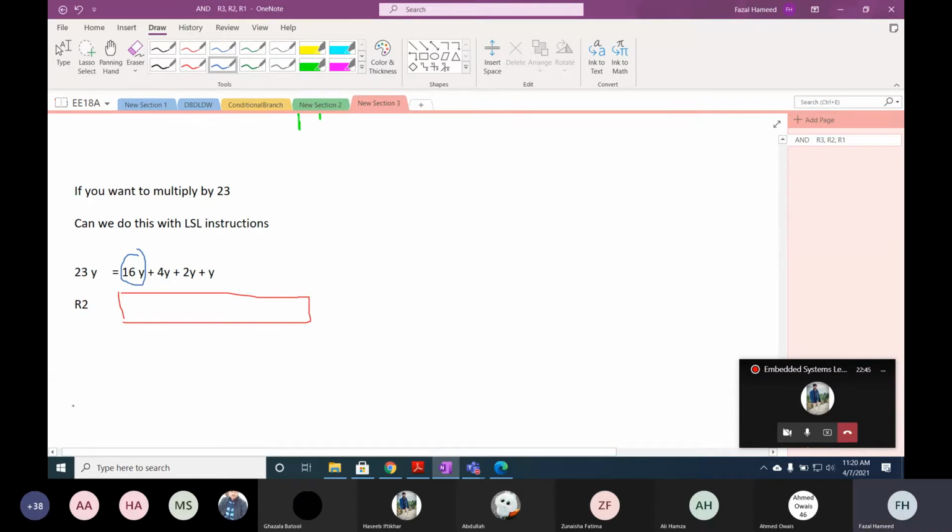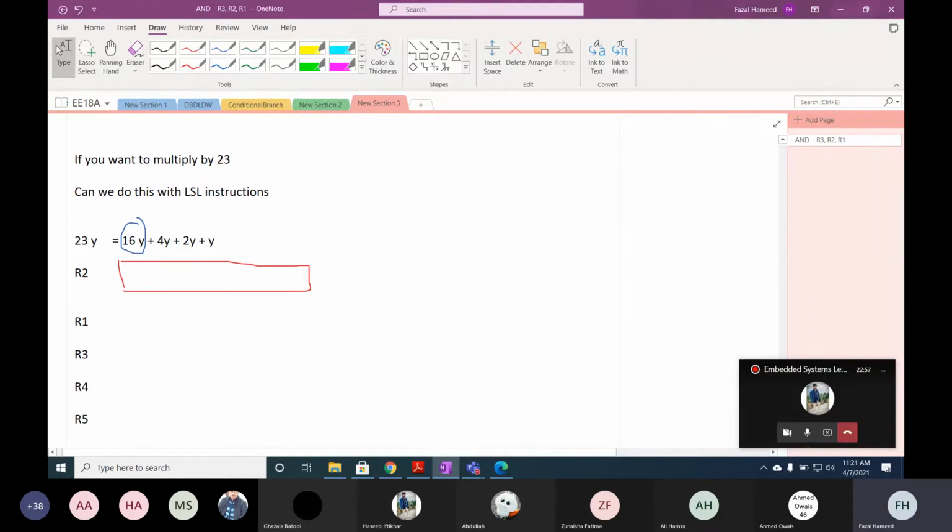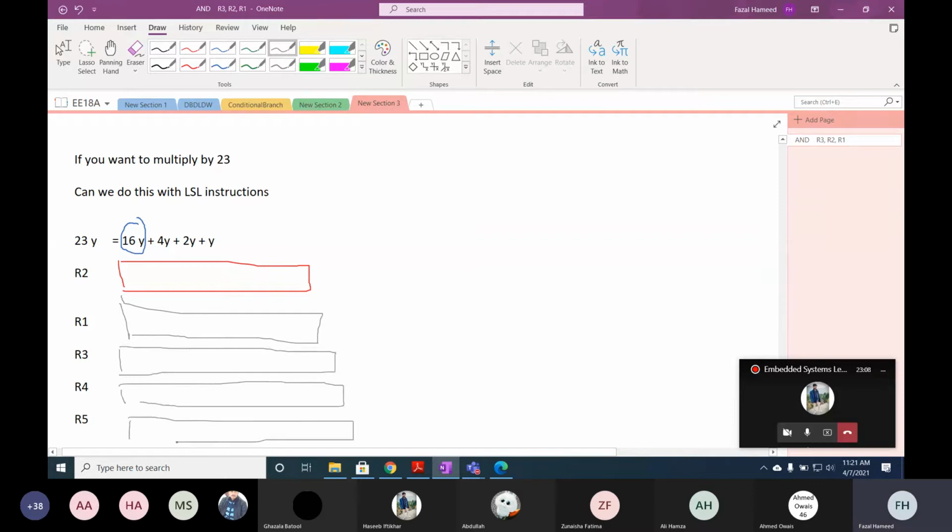We take some other registers, and let's assume we don't have any multiply instruction, so we have R1, R3, R5, different registers, and we perform the operation like this. So if we write the assembly code for this,